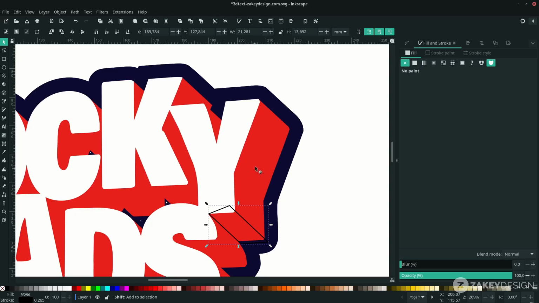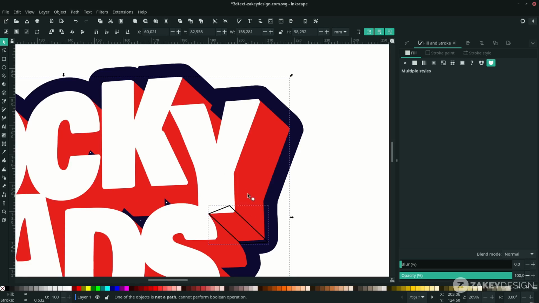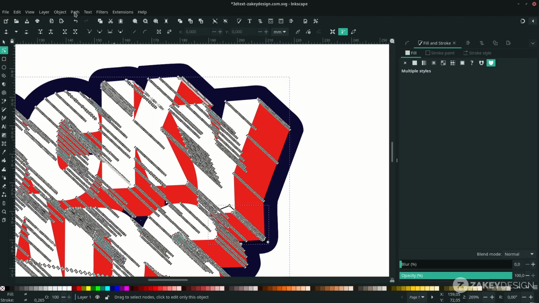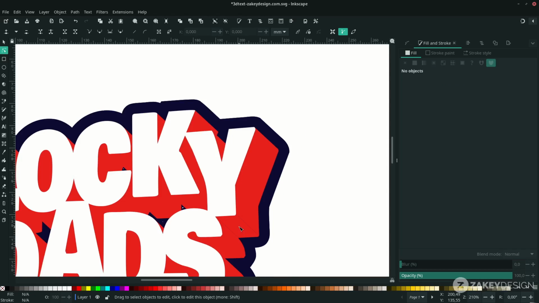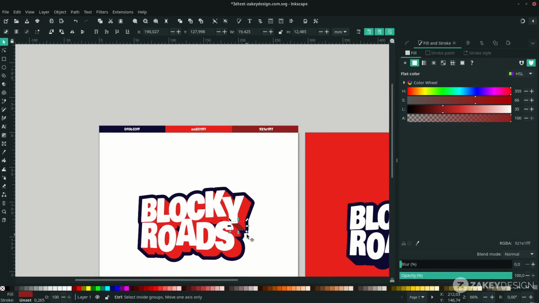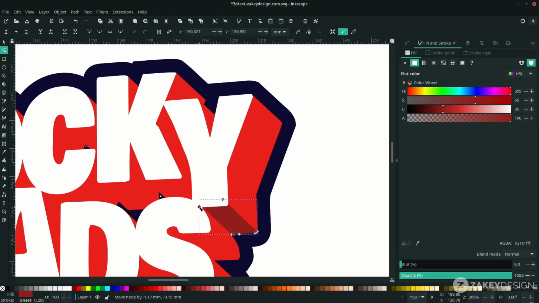Press F1, shift click this red shape and go to path, choose division. I don't know, it's not working, but if you press F2, click this red color and this path and go to path, division. It works. And click this cutout shape. Press D and change the color to this color. Alright, and you can still move it with F2. Okay, around here.